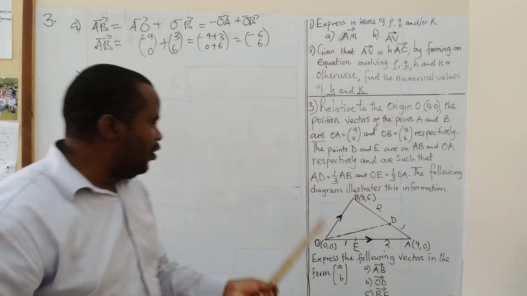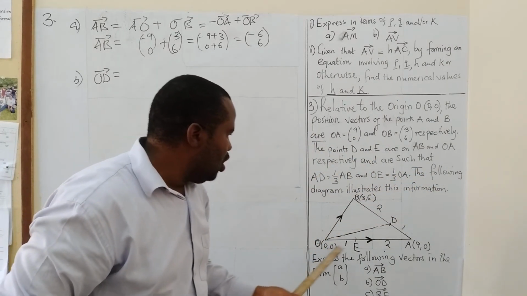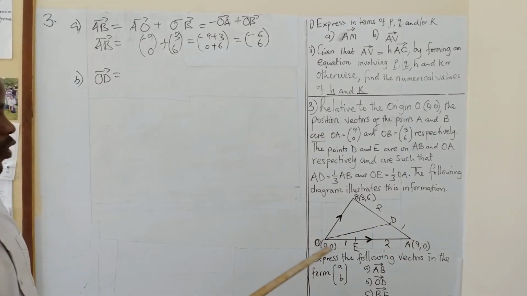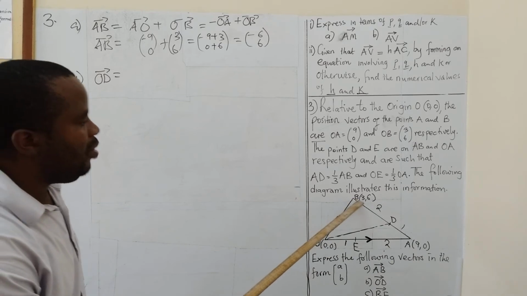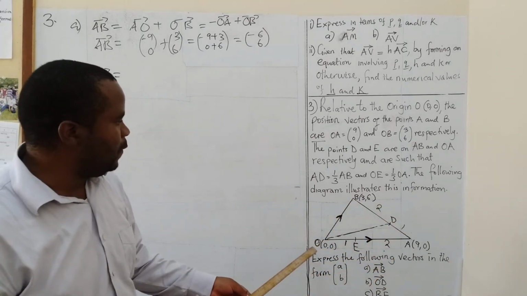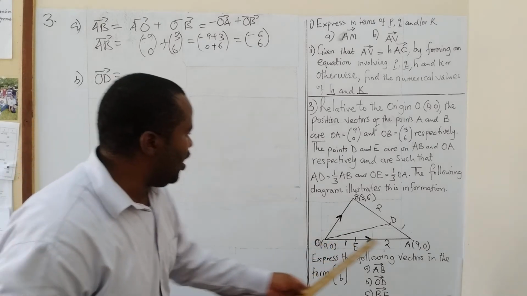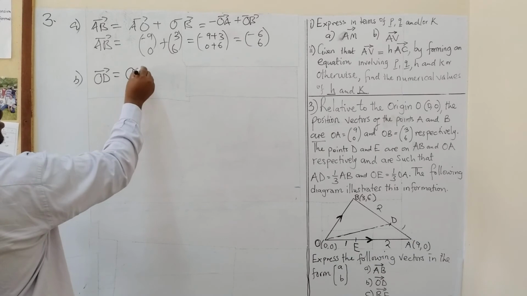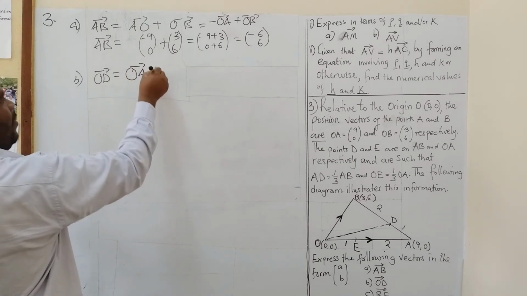We can move from O to A to D, or from O to B, B to D, if we're able to do that. But I think the easiest is to go OA, AD. So we're going to say OA plus